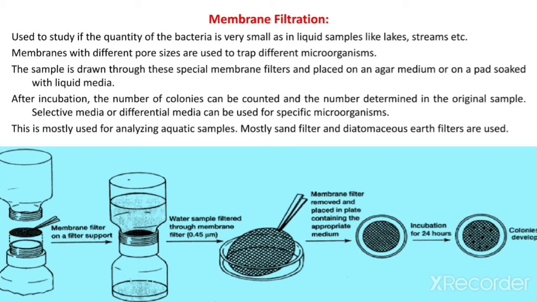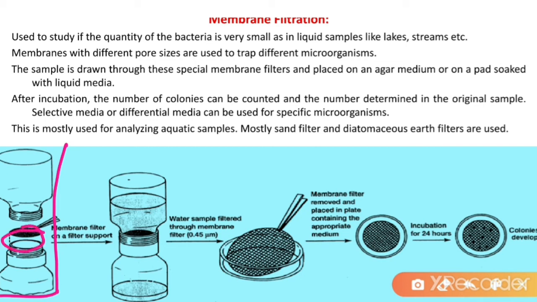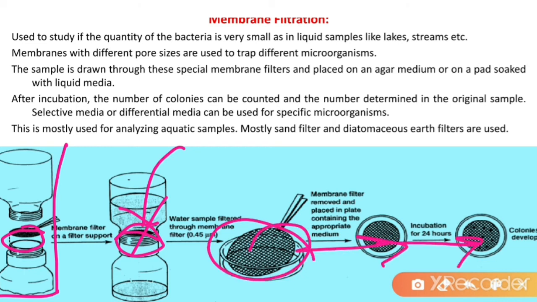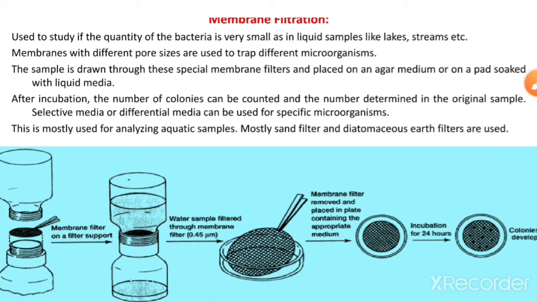Now in this membrane filtration technique, first we have to take the membrane filtration unit and add the membrane filter here. Then after adjusting all this unit, we have to add the water sample, whatever liquid sample we have. After filtration we have to remove the filter paper from here, and that removed filter paper we have to keep on nutrient agar medium. Then we have to incubate it. After incubation we have to observe the microbial growth on the media. Then we have to record the microbial growth. This is known as the membrane filtration technique.